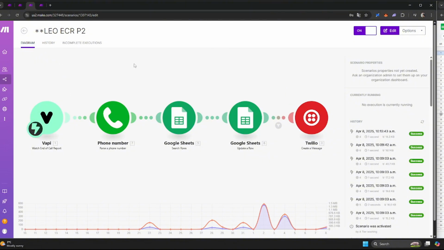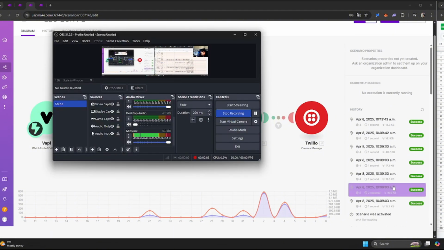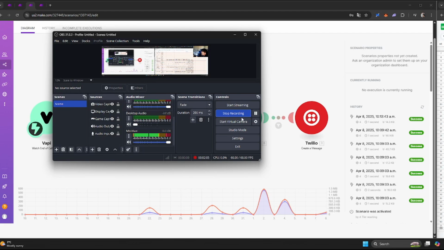I haven't incorporated it into Go High Level yet or anything, but you can definitely do that just by adding a few more scenarios. But there's definitely going to be more scenarios I put out there, so make sure you